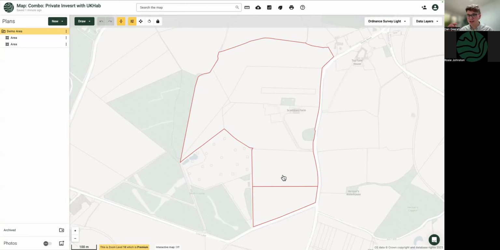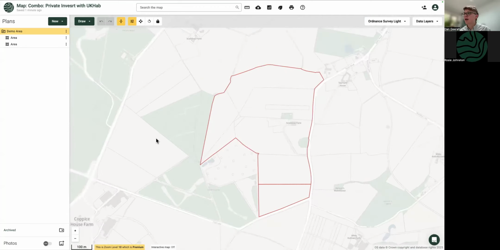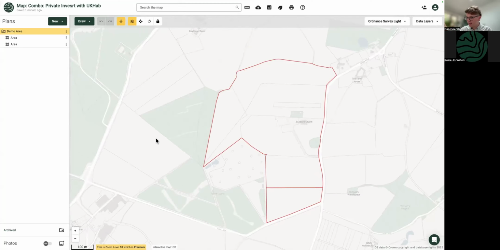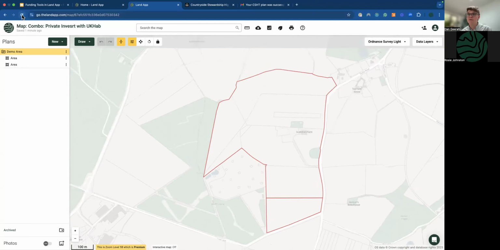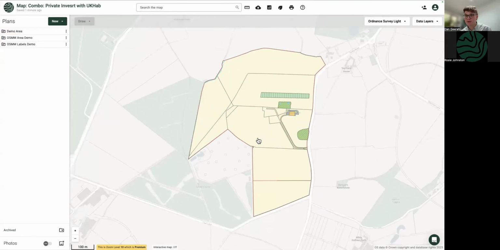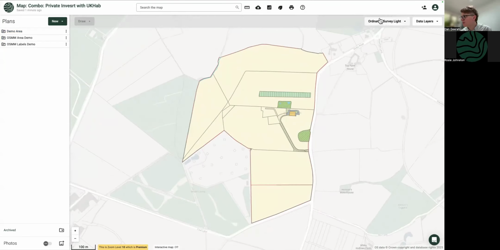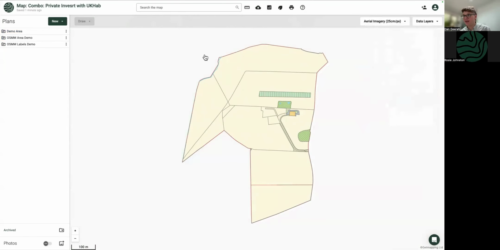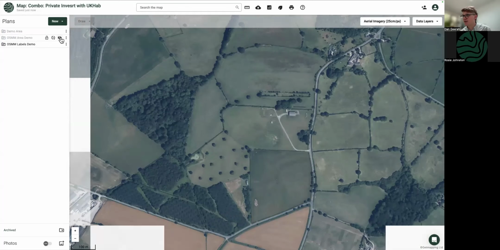I then have just purchased a UK Habitat best guess baseline, and we've got guidance for those steps. But what that is doing is that is now sending this boundary through a series of kind of geospatial questions to hopefully output what the habitats of that farm look like. So the first thing I did is I purchased the OS master map, so you can see what Ordnance Survey think are there in terms of its habitats or its land use.